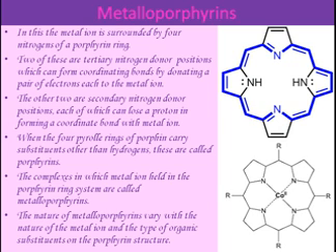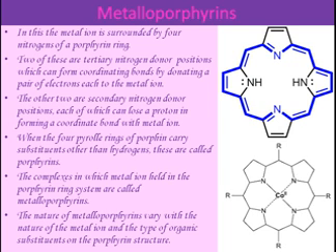On the other hand, if the size of the metal ion is larger than ideally required, then the transition metal ion cannot fit inside the hole and stays out of the plane of the 4 nitrogen atoms. So the size of the metal ion plays an important role in building up the structure of metalloporphyrins. Its nature varies with the nature of the metal ion as well as the type of organic groups attached at the 8 positions of the pyrrole rings around the periphery of the porphyrin. So these are all about metalloporphyrins.